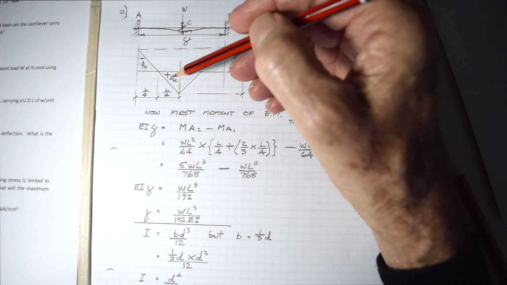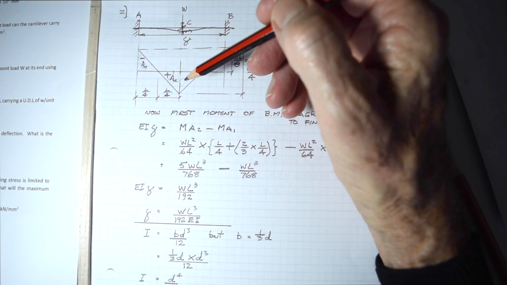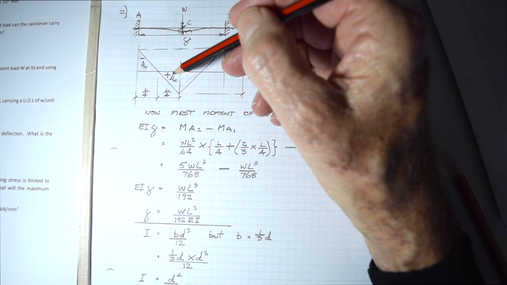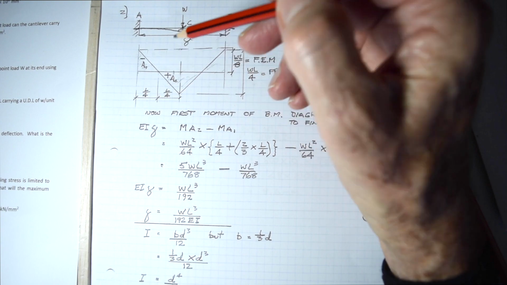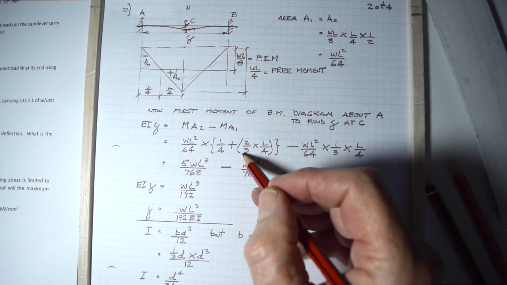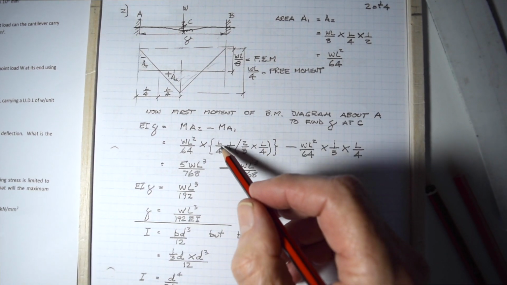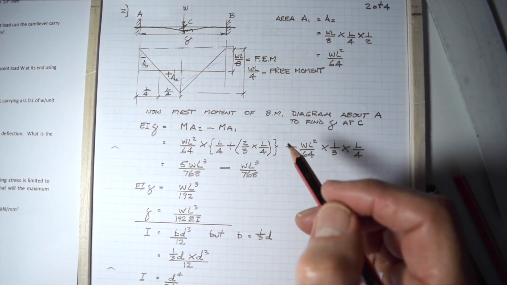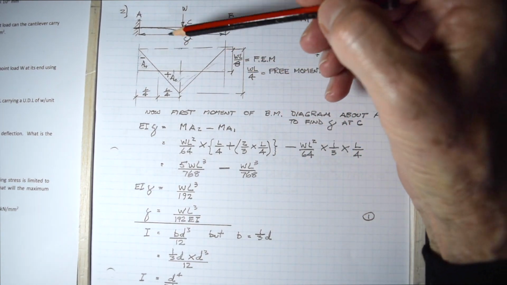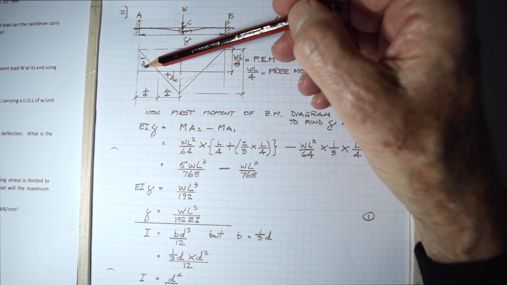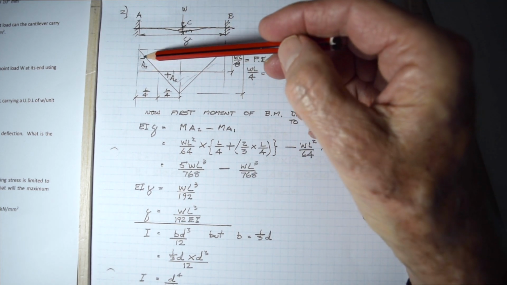You're looking for the dimension from there to there. So 2/3 of L over 4 is the distance from there to there, plus L over 4. So the total distance is given here: 2/3 times L over 4, plus a quarter of L. That's the total distance. Minus the first moment of area of A1, which is the area,